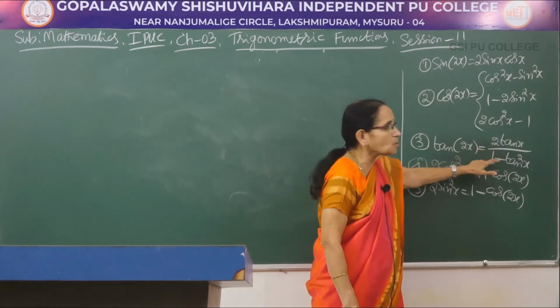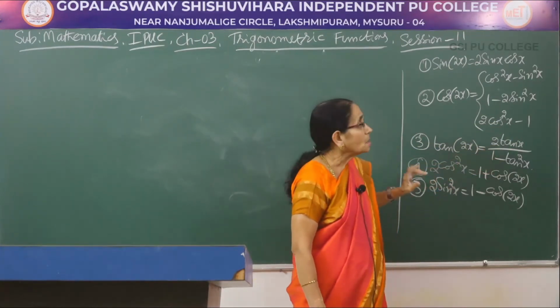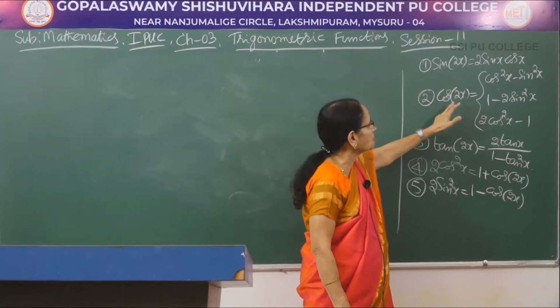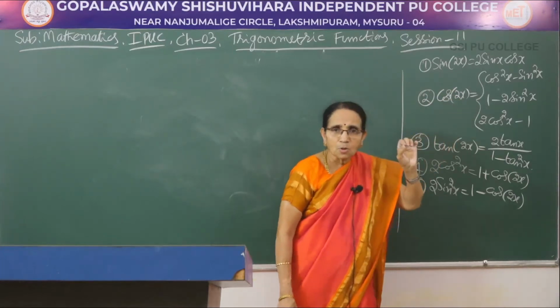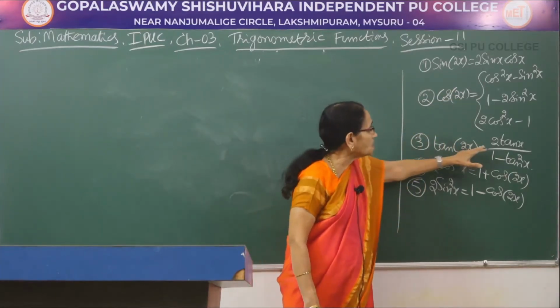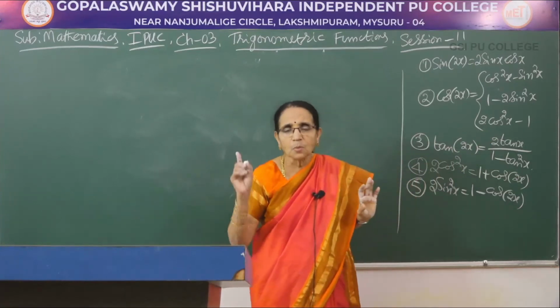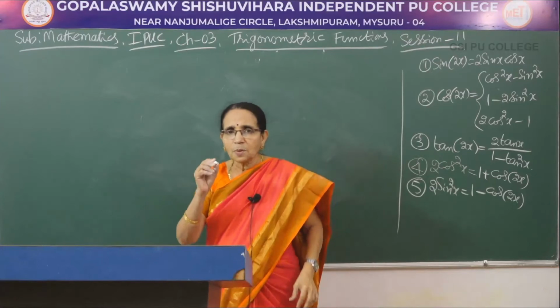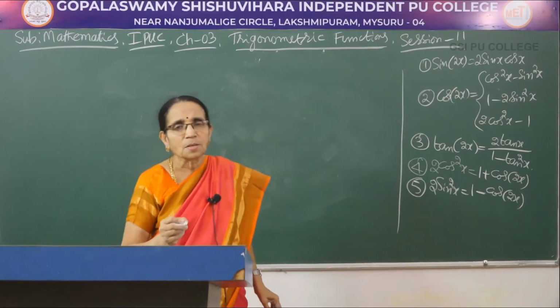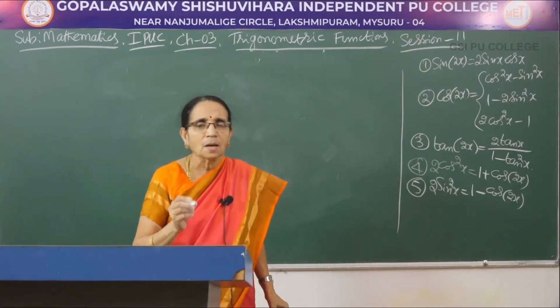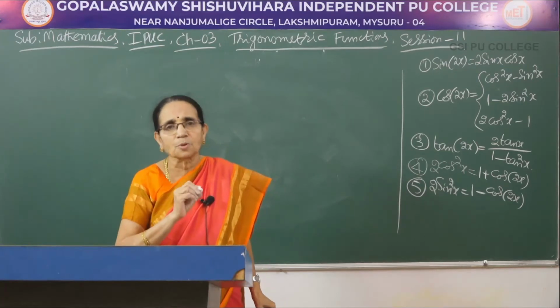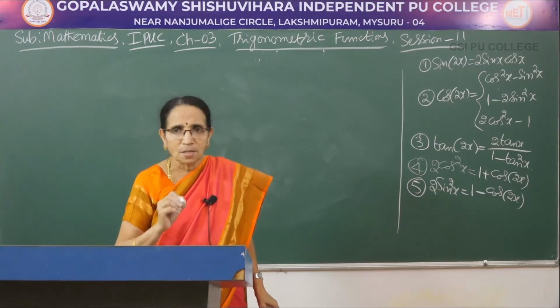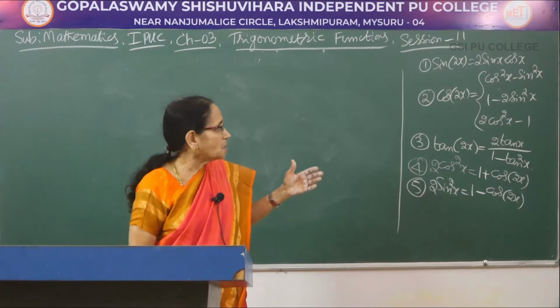Whereas here it is purely in terms of tangent. Now, the sin of 2x and cos of 2x can also be expressed using the tan function. That is what I am going to teach you now. That is, sin of 2x can be expressed in terms of the tangent function. Similarly, cos of 2x can also be expressed in terms of the tangent function, and that can be given as